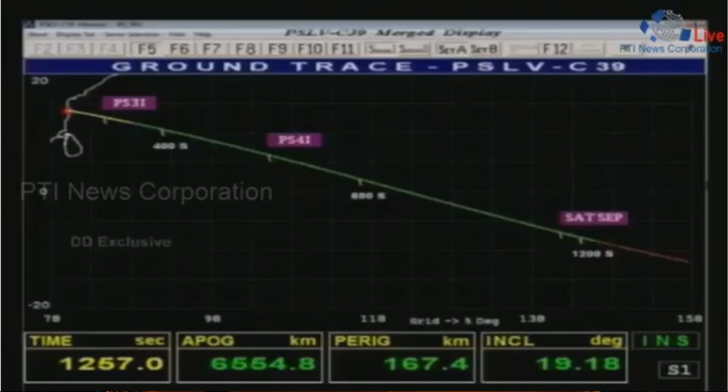So Chairman is on your screen. Just waiting for the announcement at this juncture. This is the Range Operations Director. During the flight, heat shield is not separated. Further analysis will be carried out subsequently. So we just heard the announcement from the Range Operation Director that during